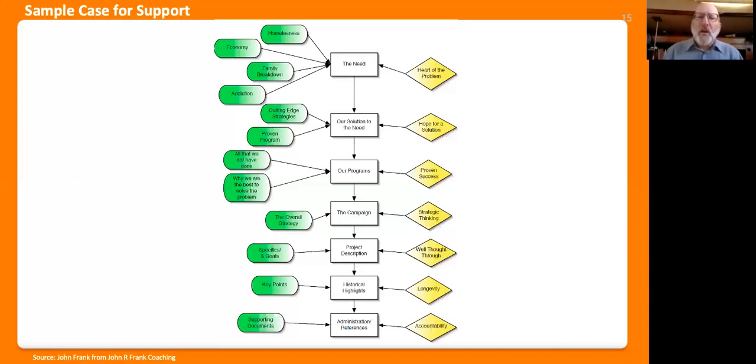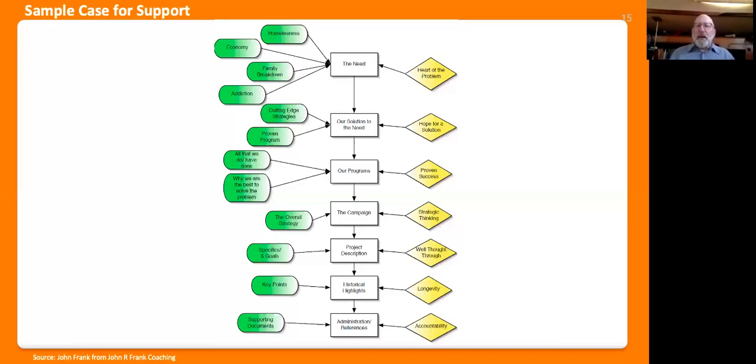And then you say, well, what are you asking of us? Now, if this is a major donor, you may be asking them for a specific amount. You may say, we'd like to ask for $10,000 or whatever. And that is well thought out, the project description. Or you may say, oh, we need a new bus. All right, the bus costs, I don't know what a bus costs, let's say $75,000. And you might put a giving tree, and we're going to show you what that is, for how to raise $75,000, and we need 1 gift of $25,000, 2 gifts of $10,000, etc. So that's the project description.